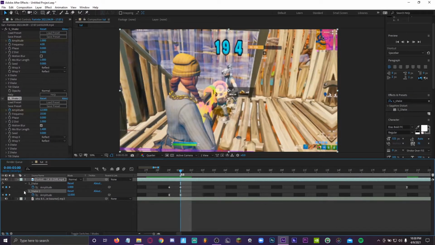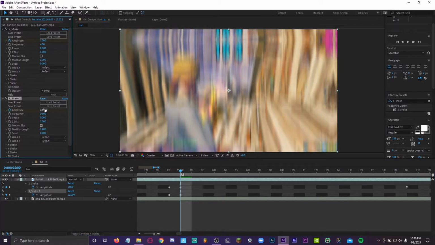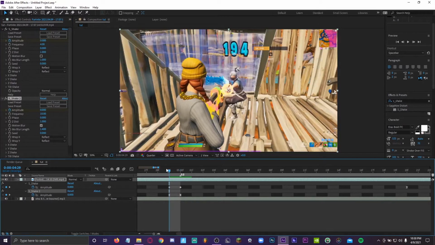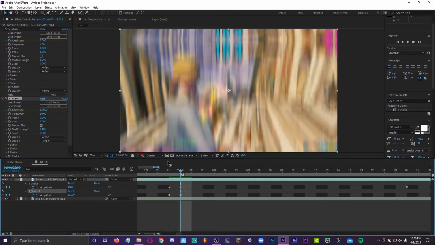So for the second S shake, you want to put the amplitude to 12 on the first keyframe. You want to go 1 behind and then put it to 0, and then copy all the other settings, not placing any keyframes. Frequency is going to be at 10, Z distance 1,